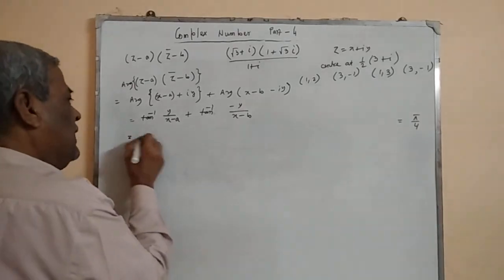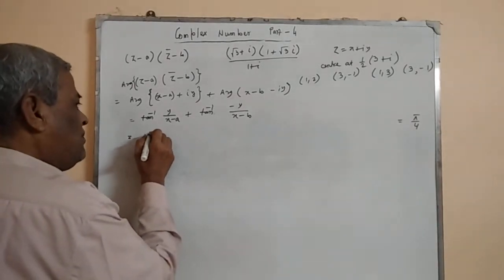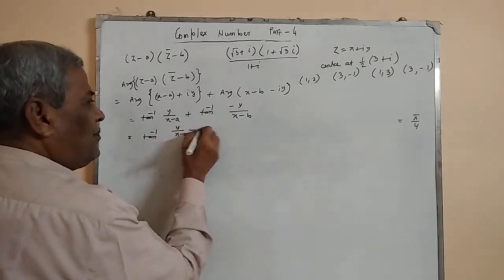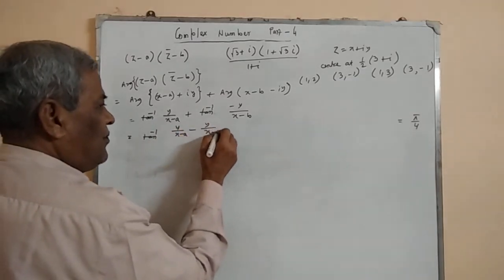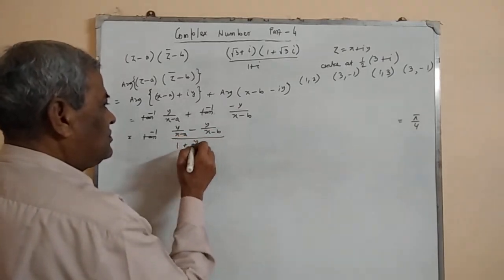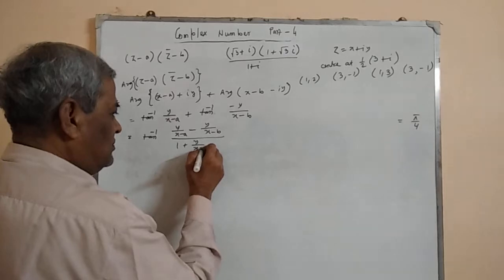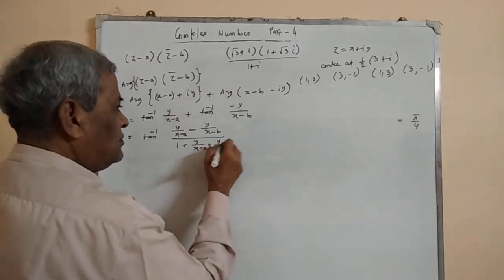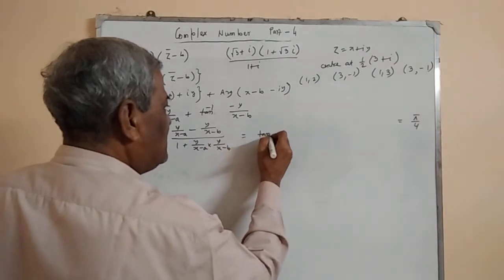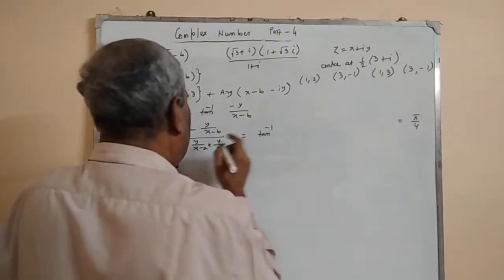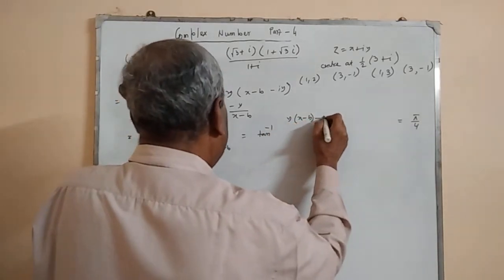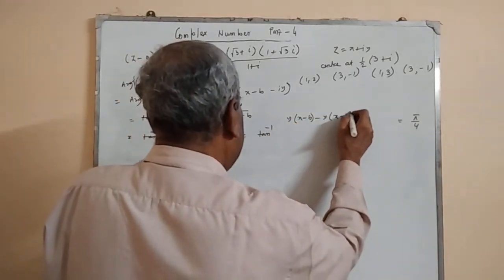So it is equal to tan inverse of [y into (x minus b) minus y into (x minus a)]